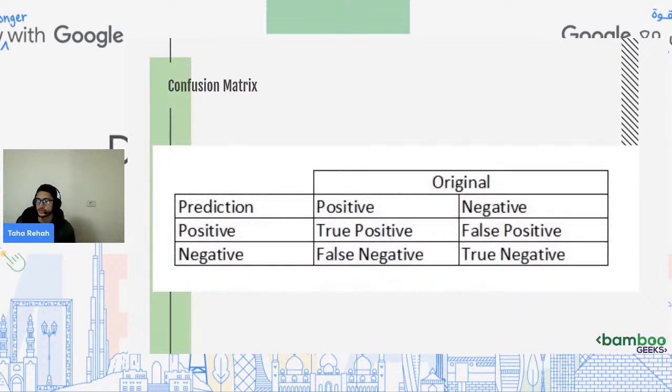The confusion matrix is a concept that I hope every one of you has heard about, if you had at least a small experience with machine learning and data science in general. It is just a simple table, a matrix that contains in its vertical column the predictions that the model has made, and in the horizontal rows the original label or the original response.